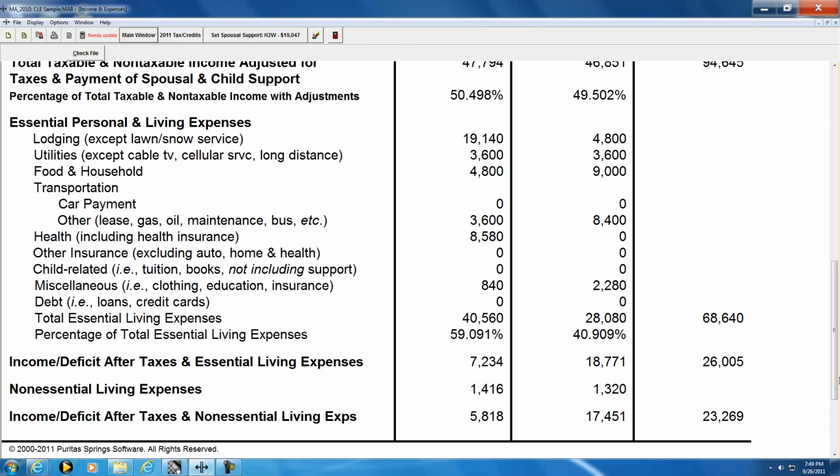In the last pair of numbers, they show us that after the exchange of spousal support and the payment of necessary and luxury or non-essential expenses, the husband still has $5,818 of income left, and the wife has $17,451. That tells us that, in the least, neither of the parties should be suffering hardship as a result of this spousal support order of $19,047. At this point, I'm going to use the Close Active Window button to go back to the main window,